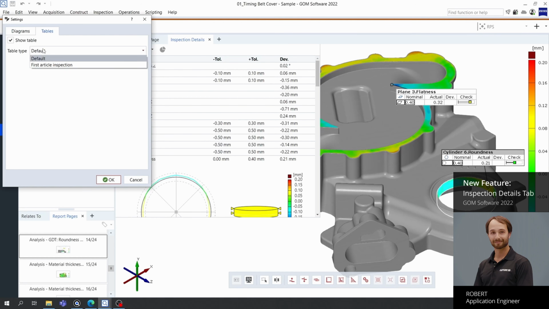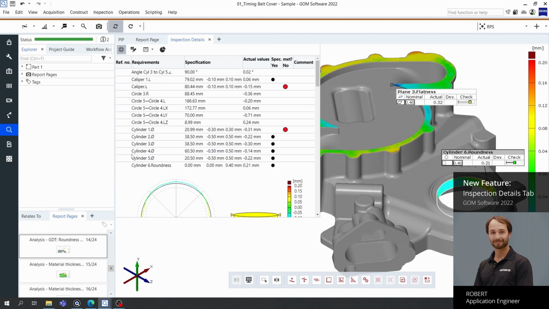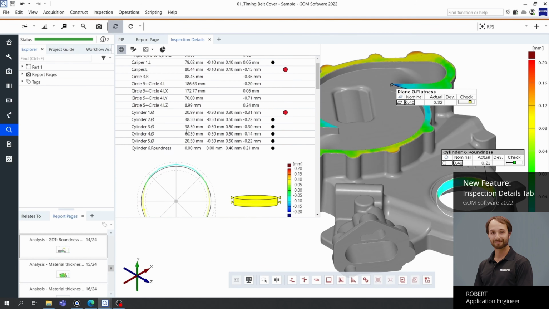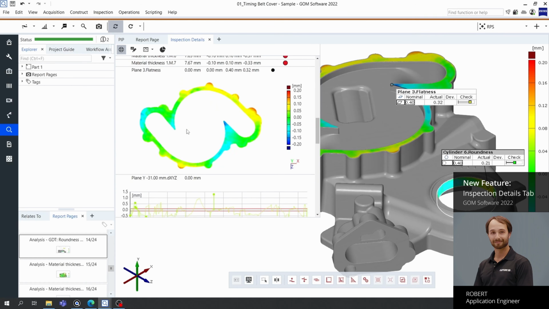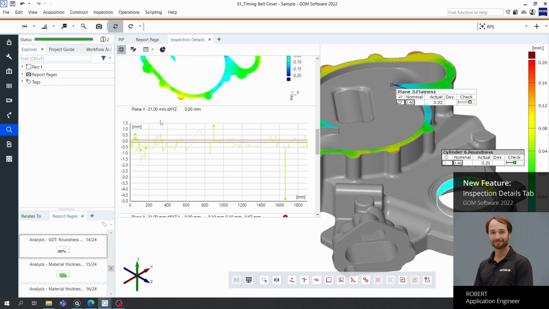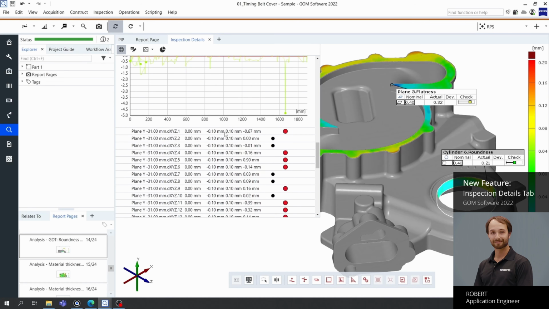And we can change this to a first article inspection table, which contains a lot more information about what's going on with our part. Again, so we scroll down here and we're showing all our visual options. And so in this section, we can now see a diagram of our inspection section, and it kind of unfolds that inspection section and shows us what's happening across that piece.